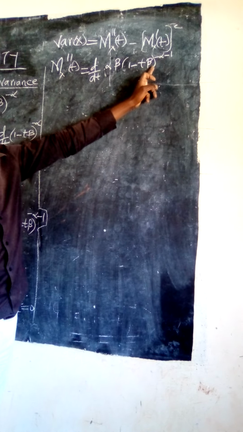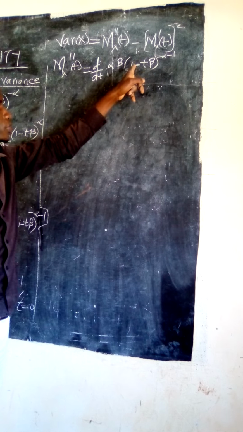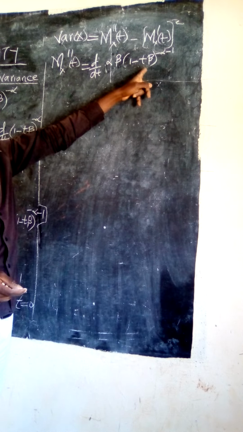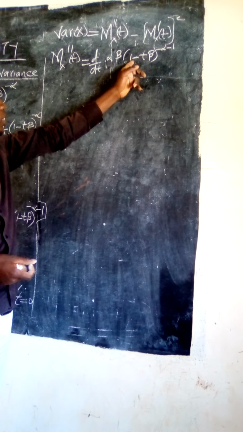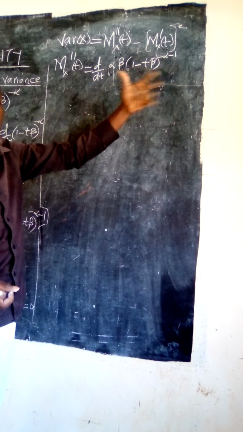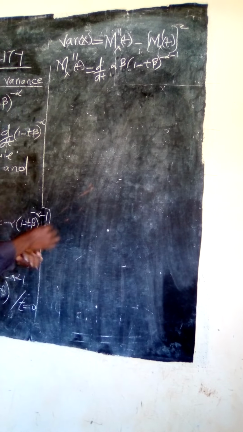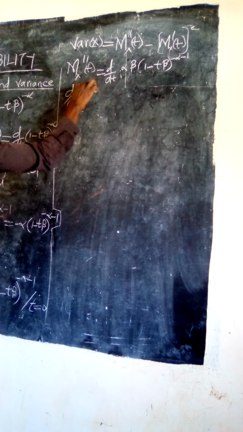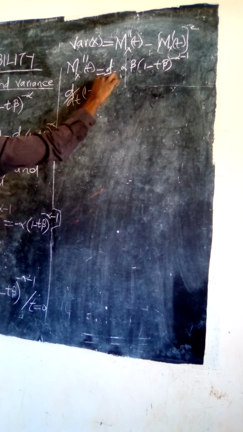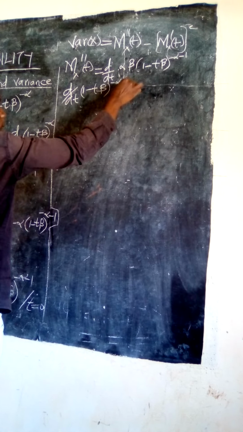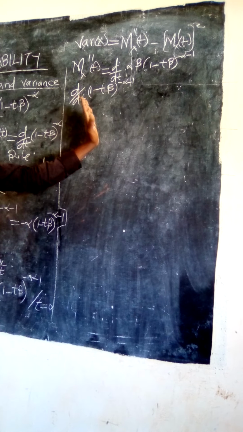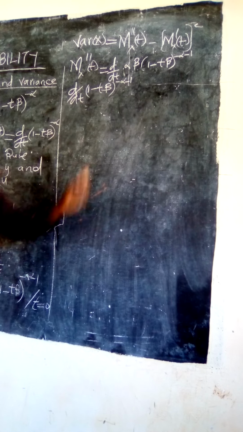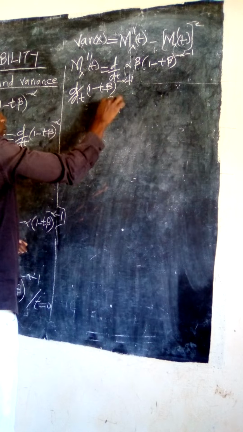Now when I look at the second part here, it will require me to use the chain rule to solve this. And therefore it is better to begin with the second part by differentiating it, so that by the time you come to the second part, you just substitute it there. And therefore let us get d/dt of this second part, that is (1 - t^β) raised to negative alpha minus 1. Now how can I work out this? To work out this, you just use the same formula. Remember here I can use the chain rule. So I just say that by chain rule